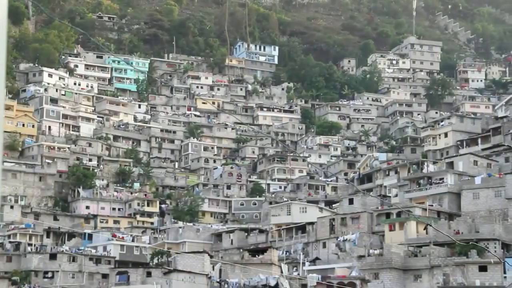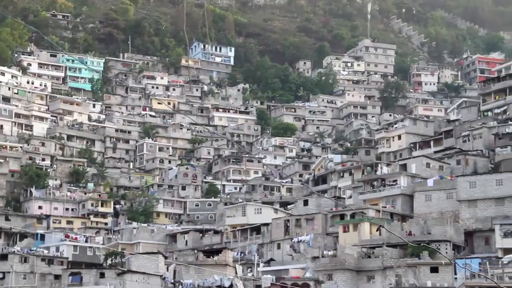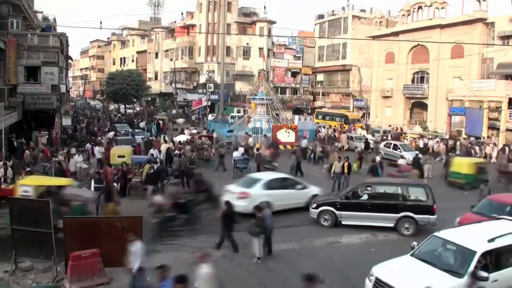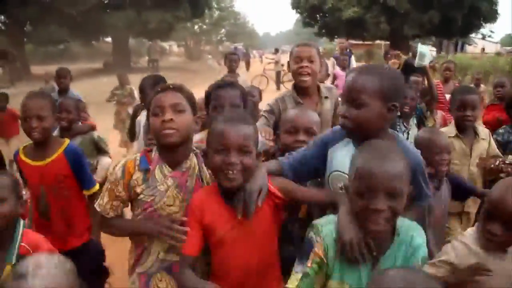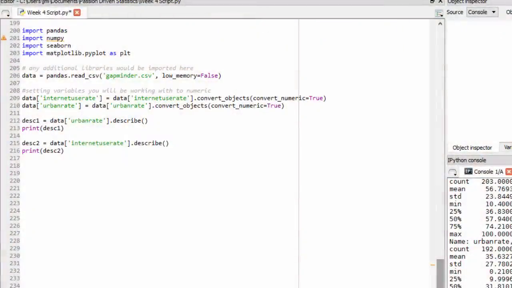Returning to the Gapminder dataset, let's examine the relationship between percent of the population living in urban settings and the rate of Internet use. Since we're using a different data set, we'll begin with a new program. It begins with the library import statements. Then we're going to load the Gapminder dataset. Next, I will set the variables that I will be working with to numeric